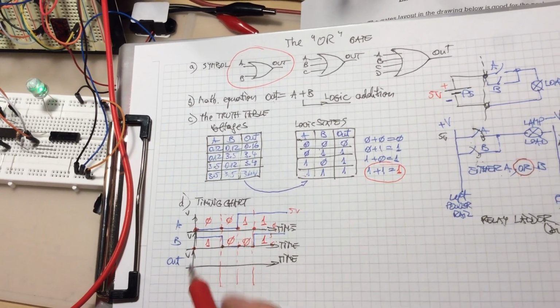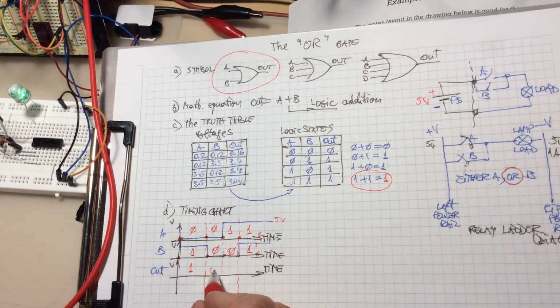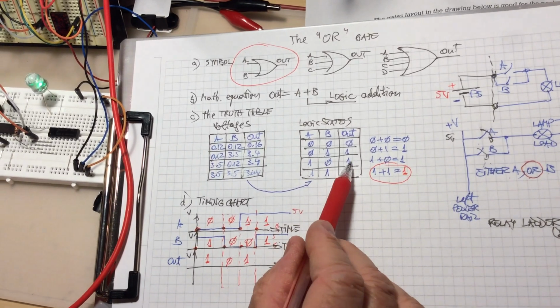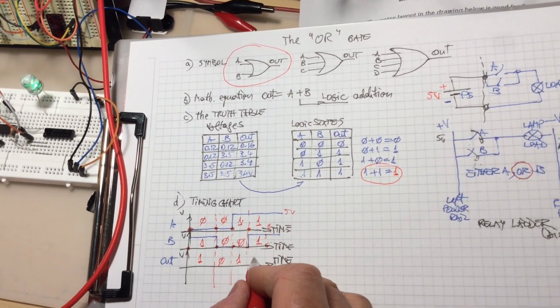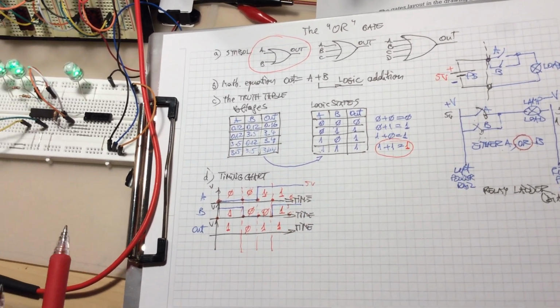What is the function? Is 1. I write it down. When both of them are 0, 0 plus 0 is a 0. 1 plus 0 is a 1. Take a look. 1 plus 0 is a 1. And when both of them are 1, the function responds with a 1. Is the last line. So the last thing remaining here,